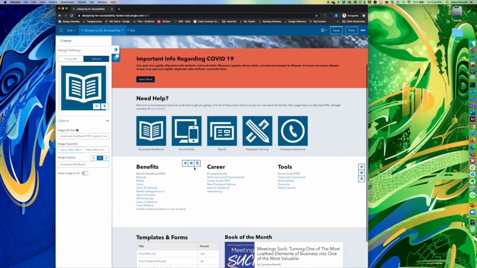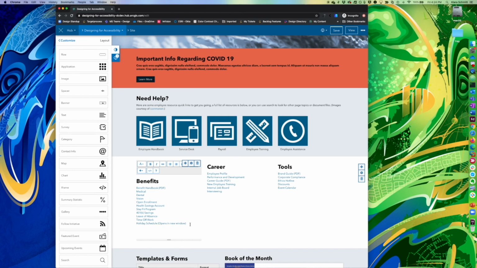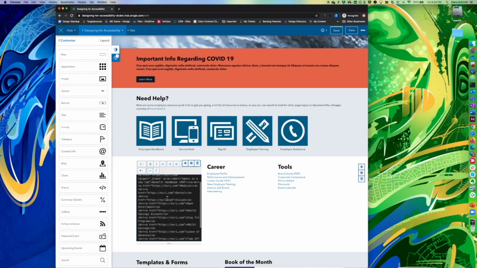Moving down, we have this benefits section. So the benefits, again, there's two ways to handle the opens in new tab on links. You can write it straight up in the link text, but it does make slightly long links. If you want another way to do it, but again, just a little bit of code,